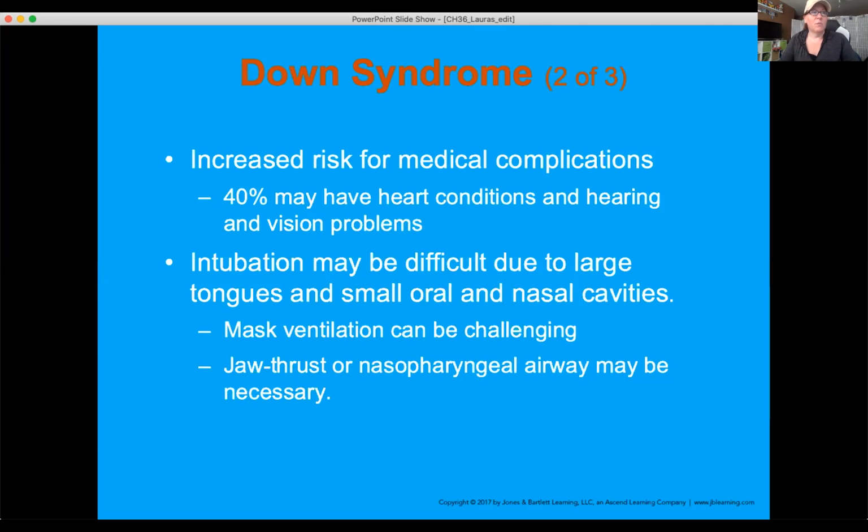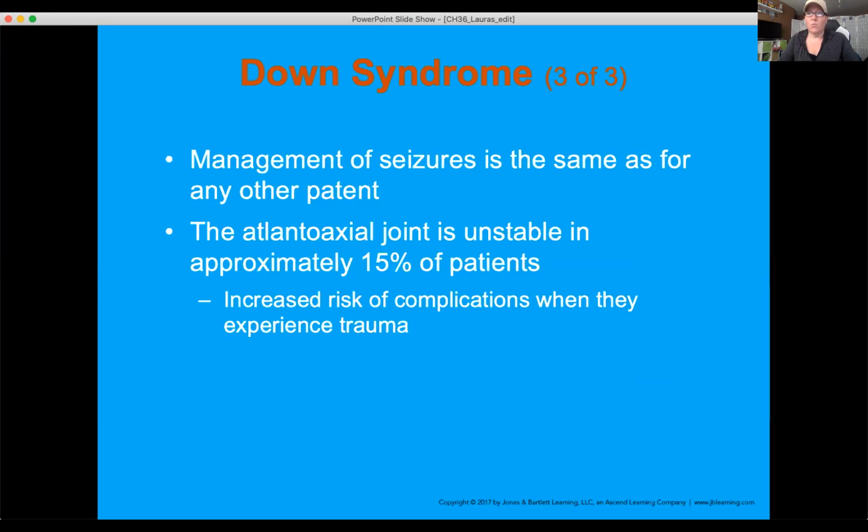And then increased medical risks and complications for people with Down syndrome: vision issues, hearing issues, congenital heart issues, and then sometimes even seizure issues. People with Down syndrome, though, are a normal part of our community. There's people with Down syndrome that live very long lives, they get married, and they're working in jobs in our community. So don't go into a patient's assessment assuming that somebody with Down syndrome is unable to communicate or is cognitively impaired. You need to assess what their cognitive level is. Communicate with that patient, but also with the family member or caregiver if they're present. Okay.